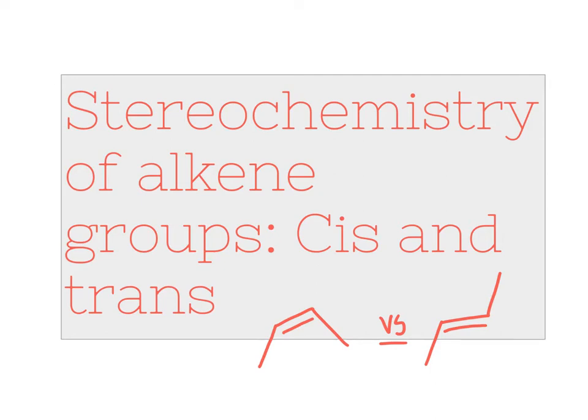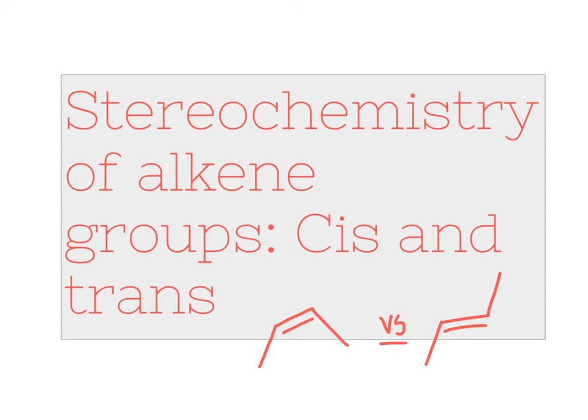In this unit, we're going to build on the last couple of topics, where we discussed the nomenclature of alkenes. Now we're going to go into discussion of the stereochemistry of alkenes and how we would incorporate descriptions of stereochemistry into the name of alkenes. In this particular segment, we're going to focus on the so-called cis and trans way of designating stereochemistry. In the next segment, we're going to focus on an alternative method for designating stereochemistry of alkene groups, which is